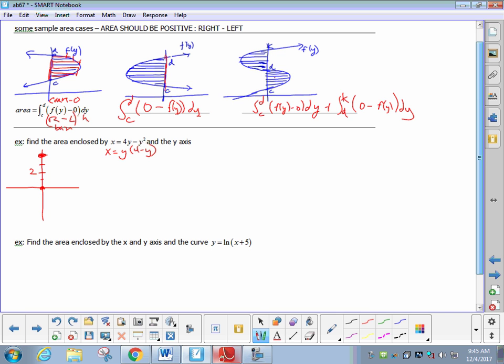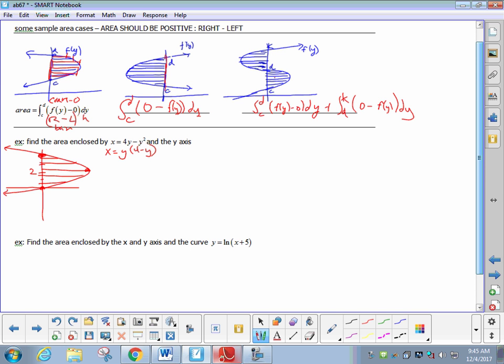Plug in a point. If y is 2, for example, to get kind of the inside of the parabola, if y is 2, what's x? 4. So that puts me here. That seems to indicate that it's opening that way. Right? Now let's set up an integral that will yield positive